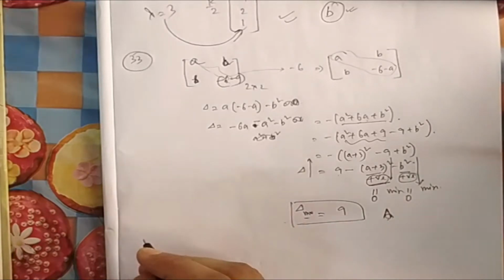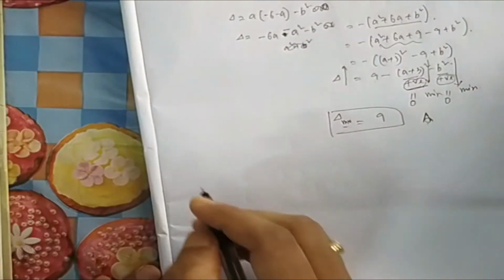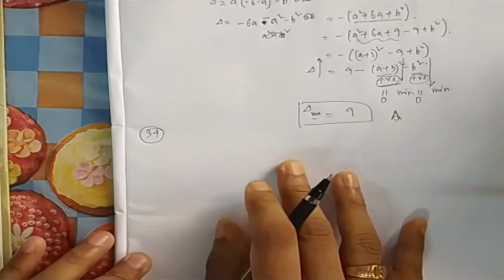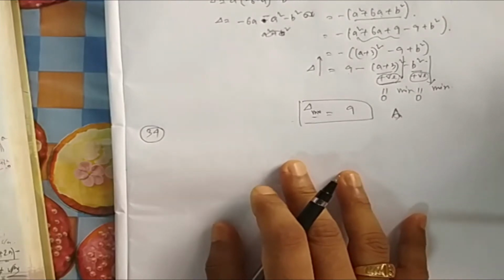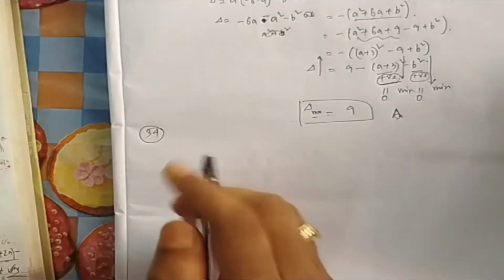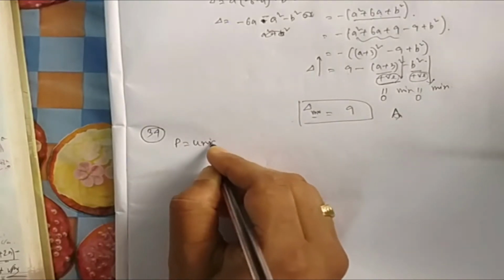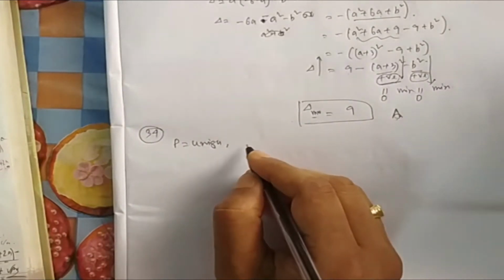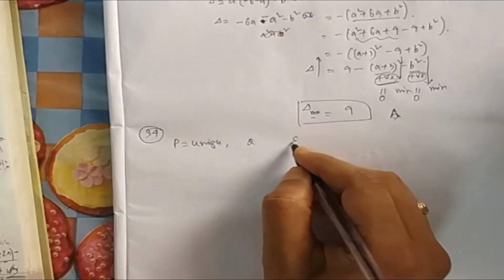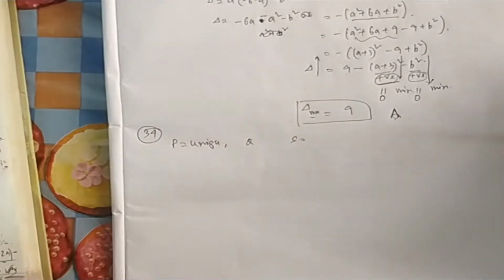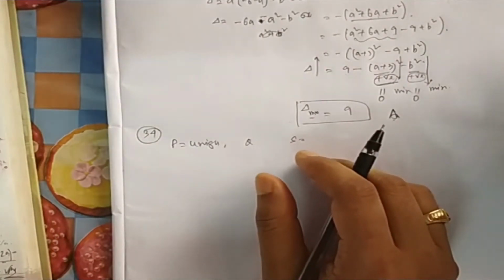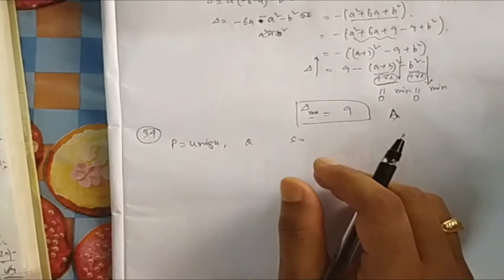Now if you go to our next question, that is 34. They have given a set of 3 linear equations in 3 unknowns, x, y, z, and asked which of these are true. P says there is a unique solution, Q says the equations are linearly independent, and R says all the eigenvalues of the coefficient matrix are non-zero. Then S says the determinant of the coefficient matrix is non-zero.